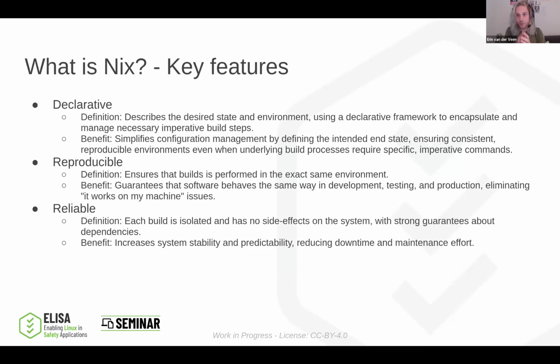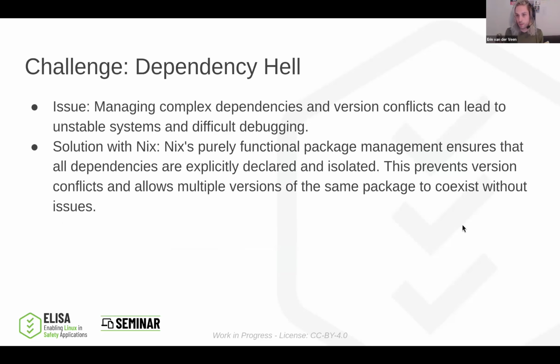It's declarative in the sense that you describe the end result. It's reproducible because of the hashes, and it's reliable because everything gets moved into the Nix store and gets built without any access to any other part of your file system. So nothing can leak into the build process, nothing can leak out of the build process, and everything refers back to something in the Nix store. That means that dependency hell is solved. When you build a package with Nix, it only refers to things in the Nix store.